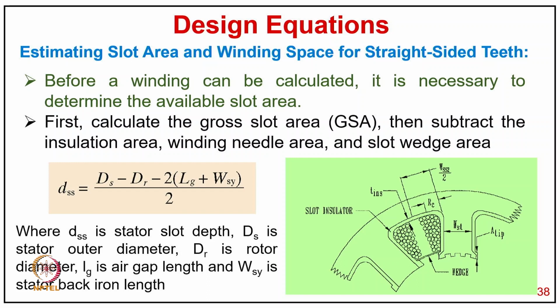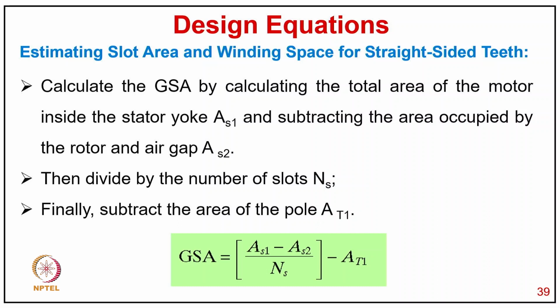As you can see in the diagram, DSS equals DS minus DR minus 2 in bracket LG plus WSY by 2, where DSS is the stator slot depth, DS is the stator outer diameter, DR is the rotor diameter, LG is the air gap length, and WSY is the stator back iron length. Now calculate the GSA by calculating the total area of the motor inside the stator yoke AS1 and subtracting